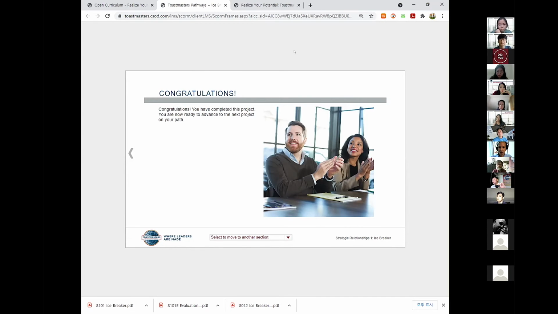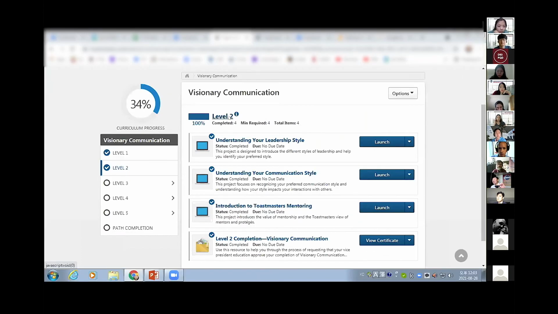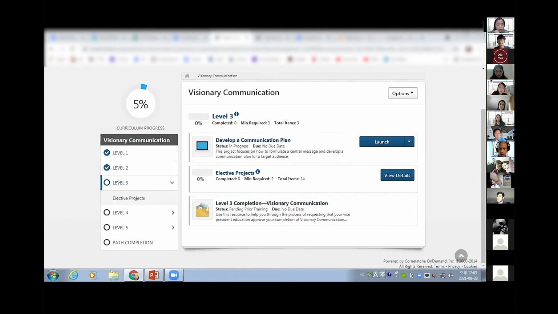Let me share my screen with you. I've completed level 2 here, and do you see I completed this whole level? It's 100% complete, but they all say launch on here. If I go to my level 3, this is still in progress. This is my next speech, and it still says launch and 0%.